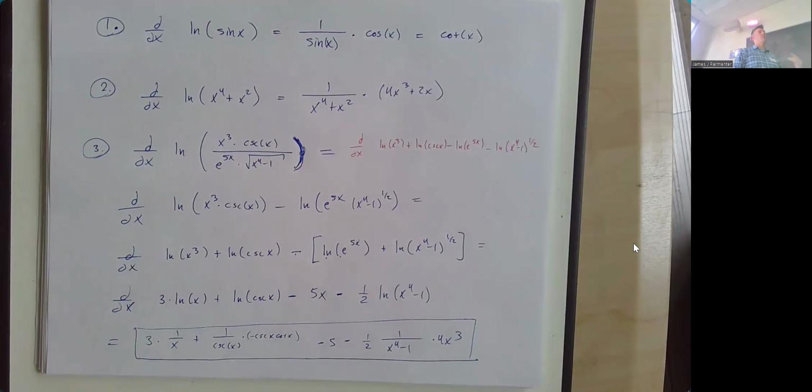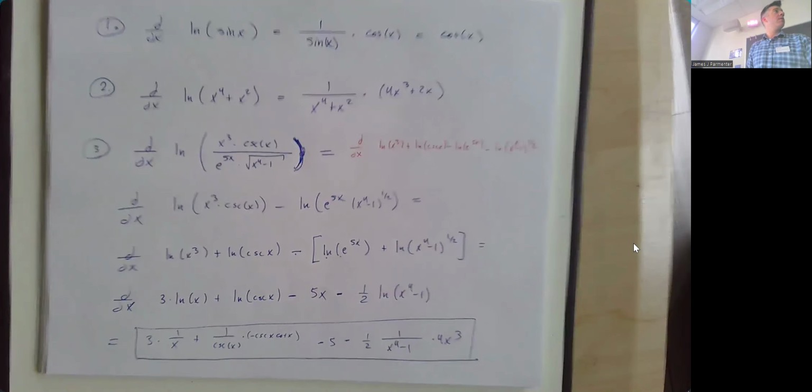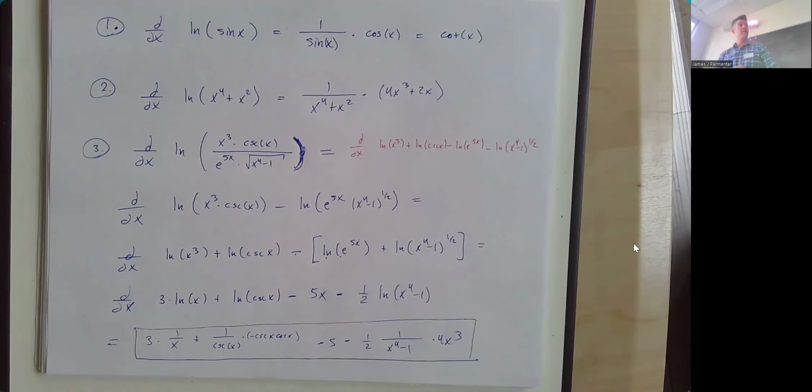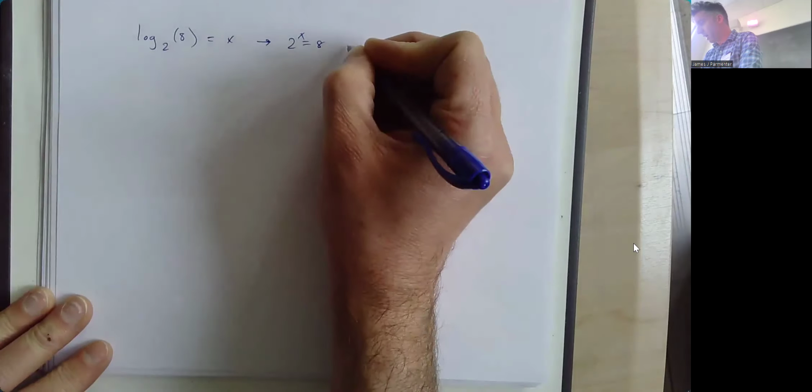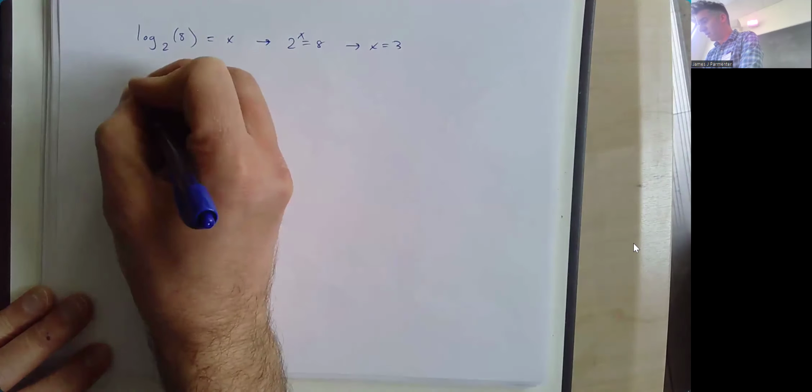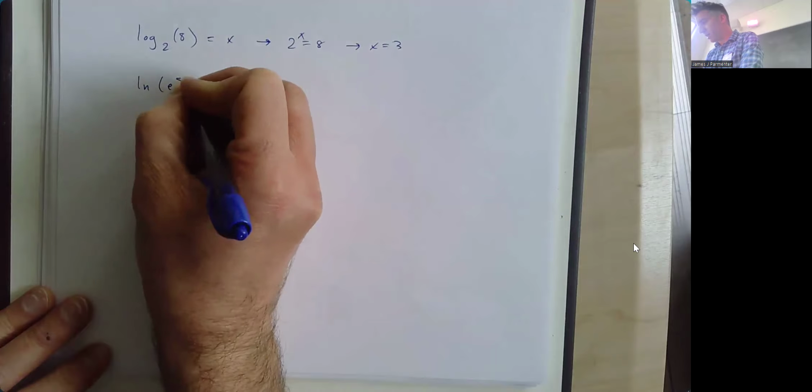But that's definitely what you are expected to do when you see a function like this, where it's the natural log of a whole bunch of garbage. How then does e to the 5x become 5x? So let me ask you a different question. What is log base 2 of 8? 2 to the x equals 8, so x equals 3. So when I say natural log of e to the 5x, we have to remind ourselves